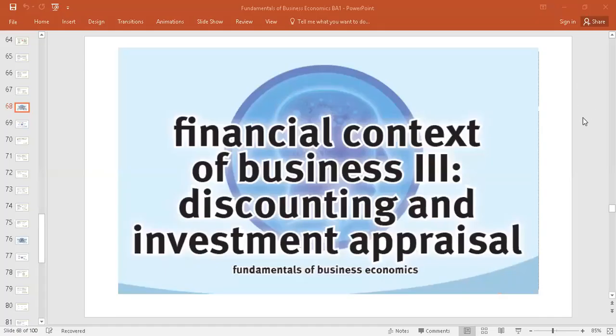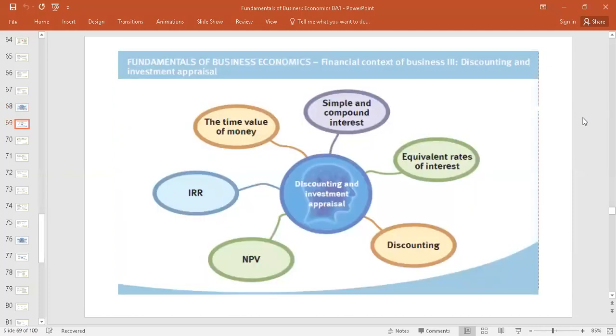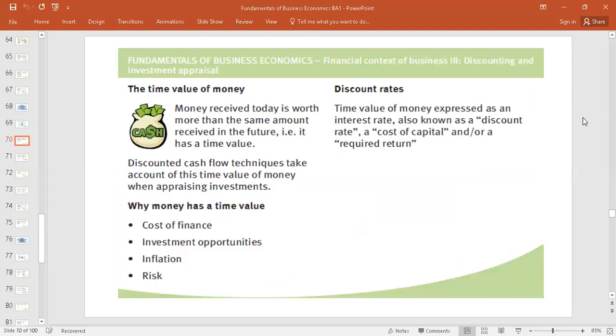Yesterday, we started with this topic, financial context of business, part 3, under discounting and investment appraisal. As part of that, we've just understood the concept of time value of money. What is time value of money? With the passing of time,